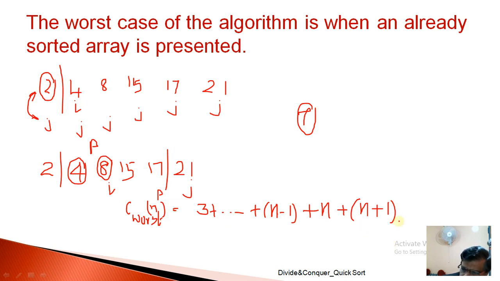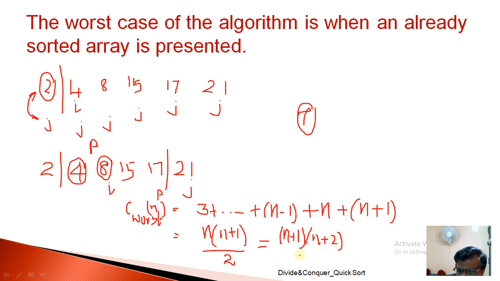Had it been from 1 to n, we would have written n into n plus 1 divided by 2 as the sum of the series. It is not from 1 to n anyway, so we will just modify this. In place of n, we will write n plus 1. So n plus 1 into n plus 2